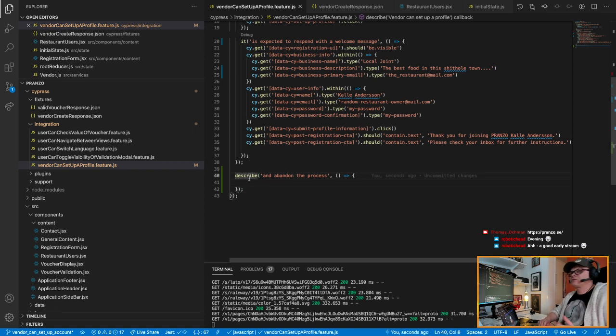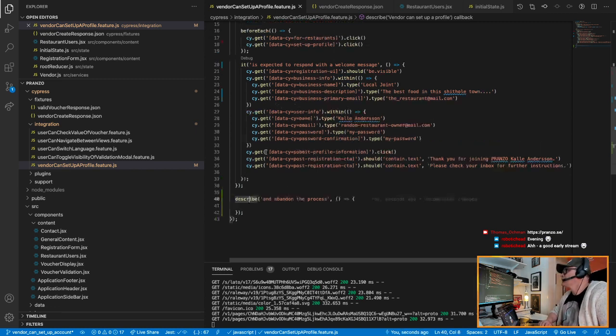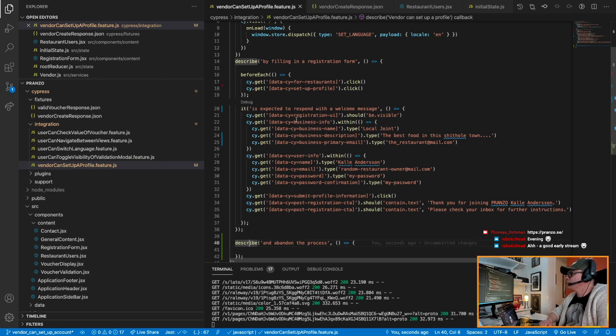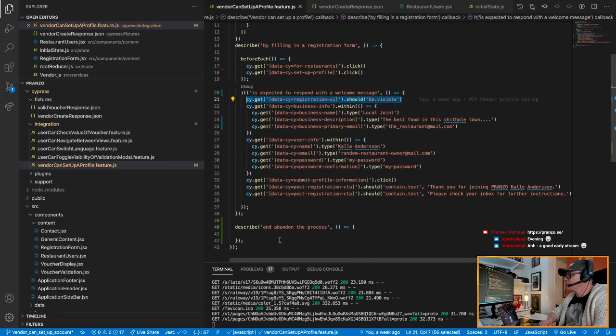Abandon the process. Is that how you say it? I think so. Anyway, so we are clicking on the setup profile. So we will say basically here that the registration UI